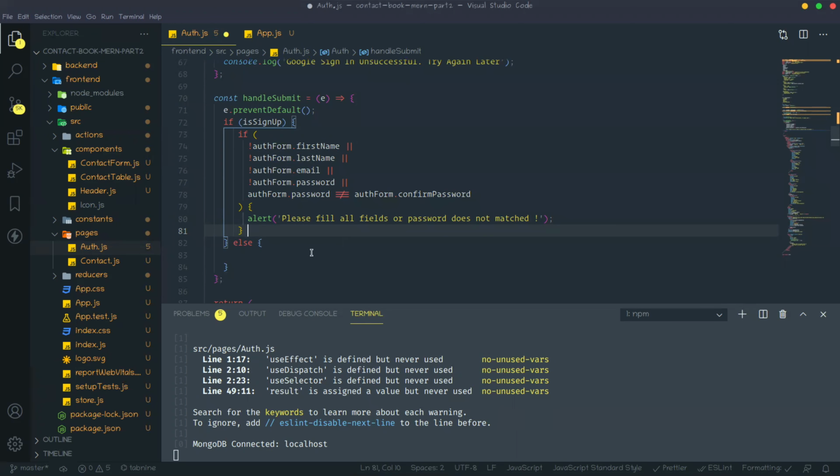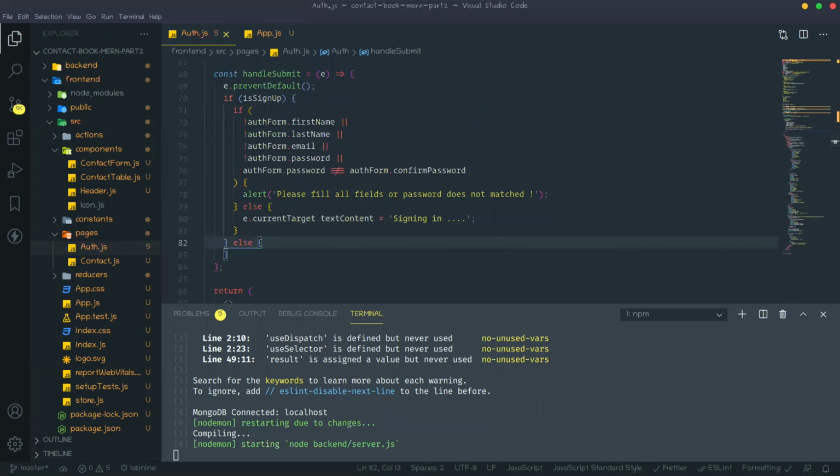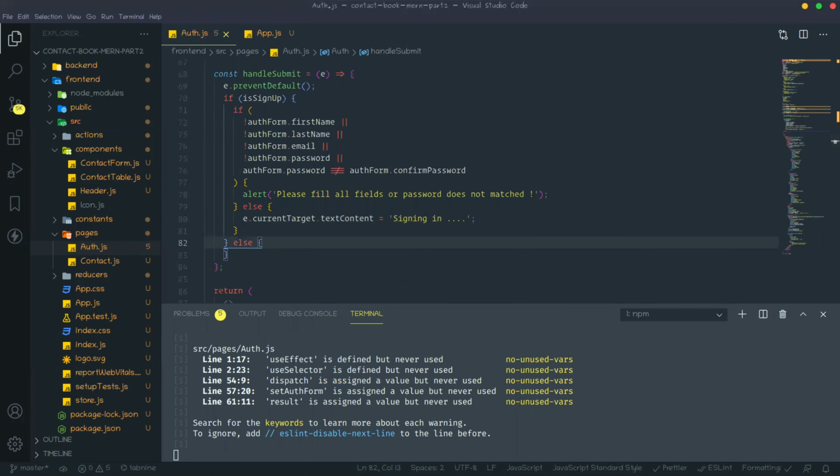Or if all is okay, then in else, e.current.textContent will be changed at that time to signing up.